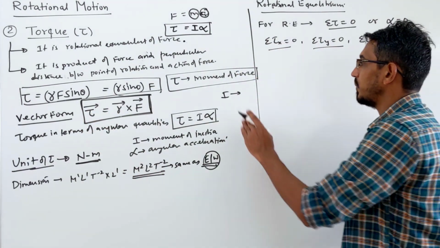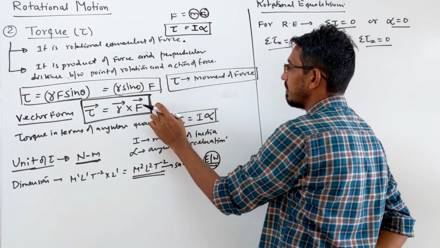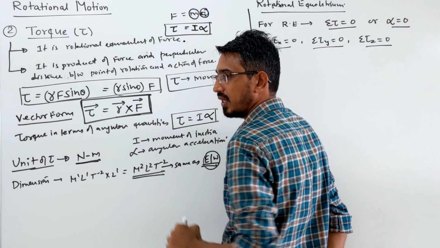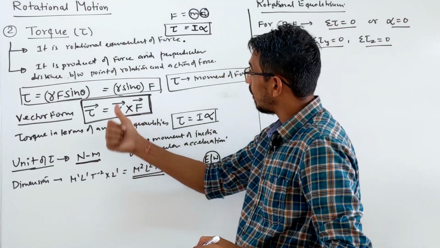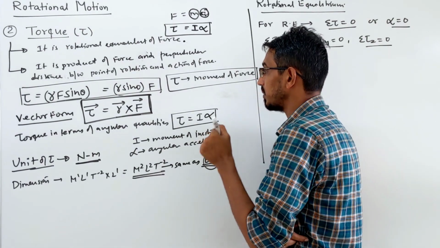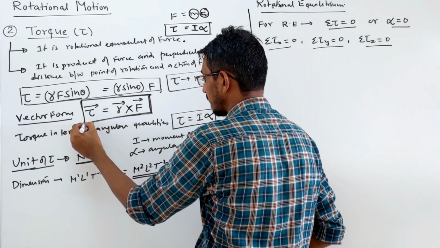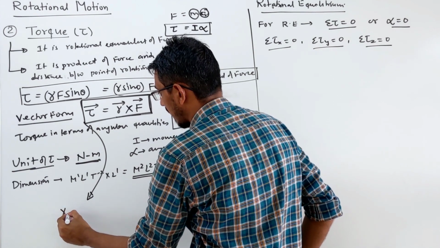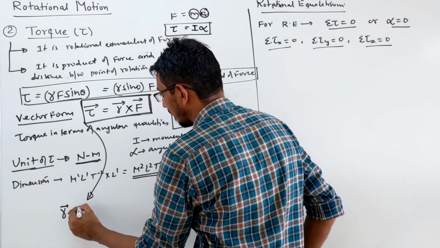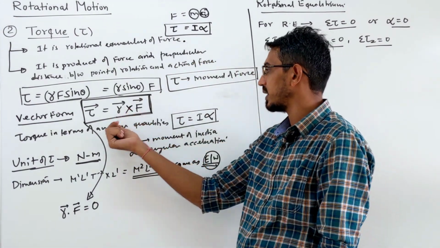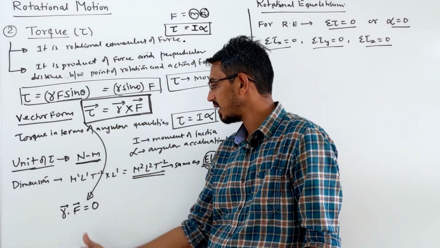Sometimes what they do, because this type of question is very important: if these are two vectors multiplied by cross product, we get a third vector, right? By chance you put a dot between them, then the answer becomes directly 0. They have asked many questions this way. Suppose I say, what is r dot f? What is the answer? 0. These are cross product; if you put a dot here, then the answer directly becomes 0.